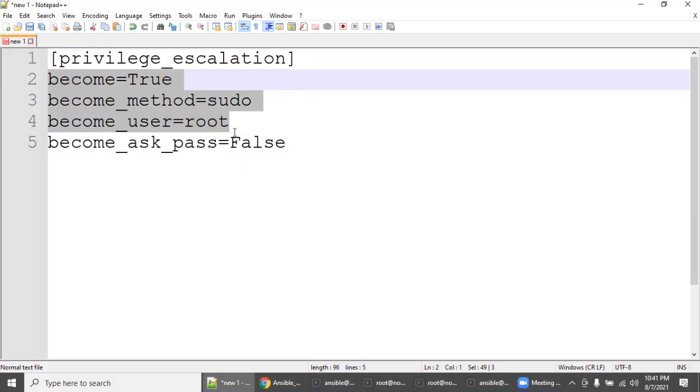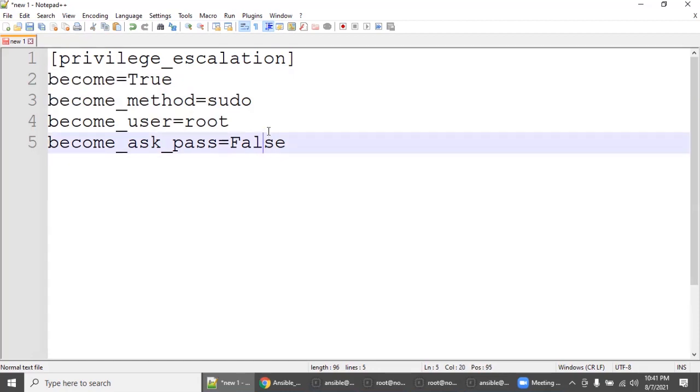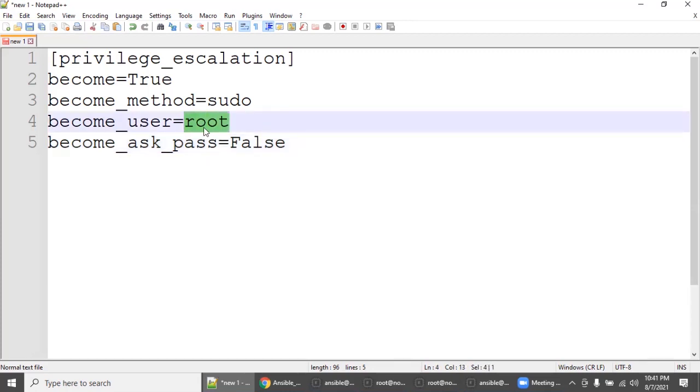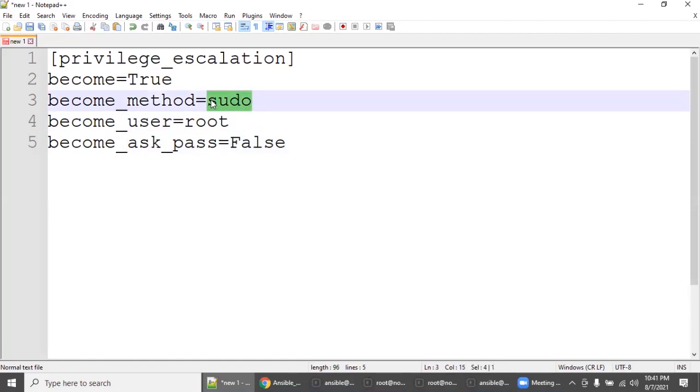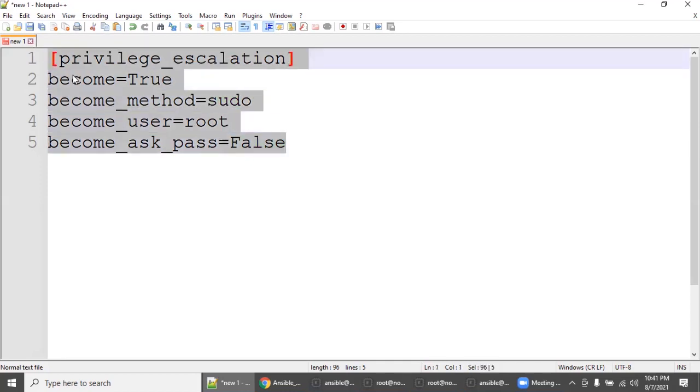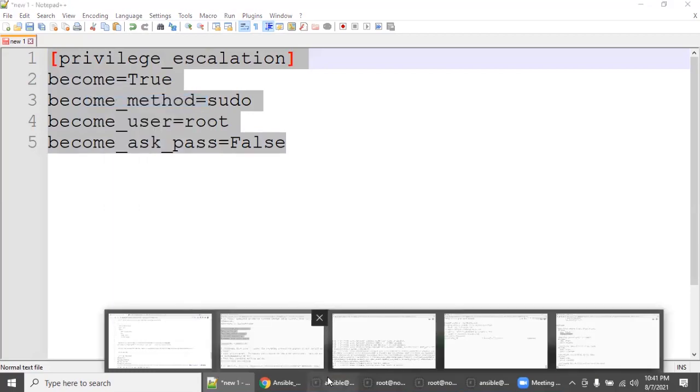Because we already gave the privilege, right? In production or in your project, there could be a different user, a functional user, which is given the necessary privileges. In that case, you need to align this. Also, some projects use sudo, and some projects use dzdo. So you need to understand what method they are using. But this is the section you need to add to your environment's ansible.cfg file.